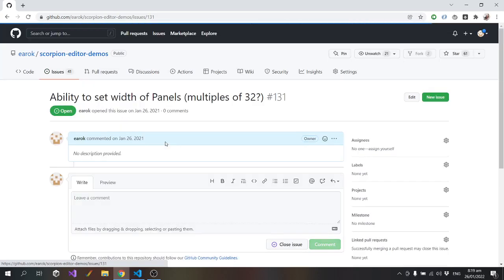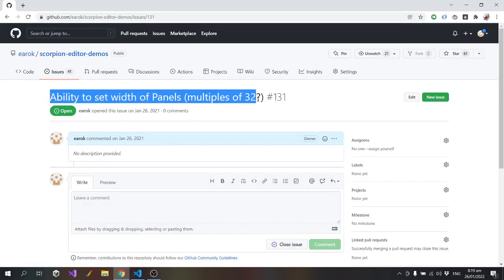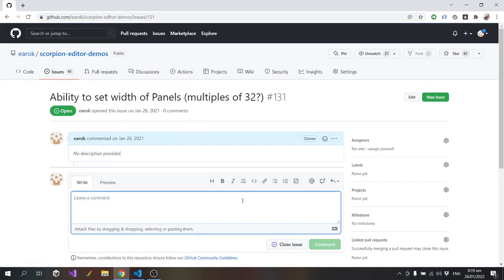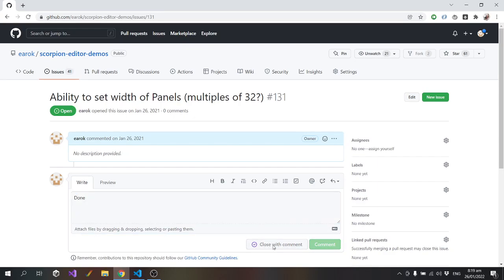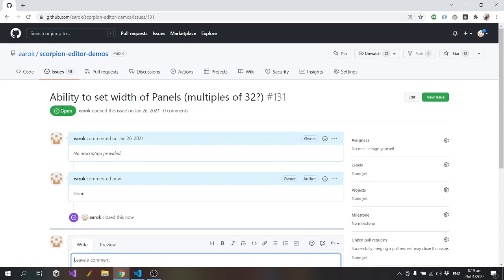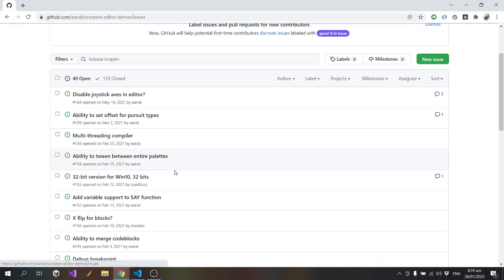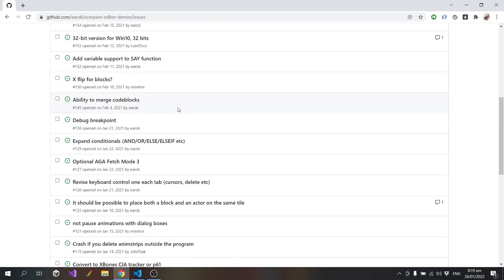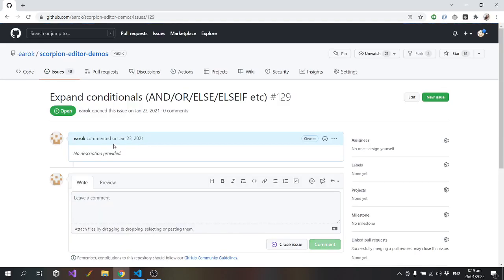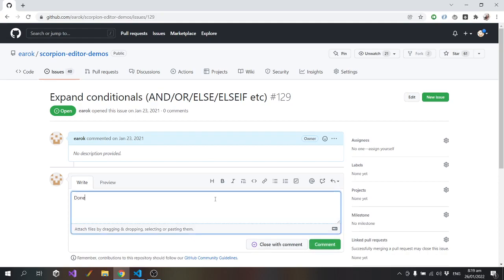Oh, now this one is done. So yep, we can actually have panels of pretty much any width. Conditionals is done. Oh, actually, I'm going to label this as partly done.